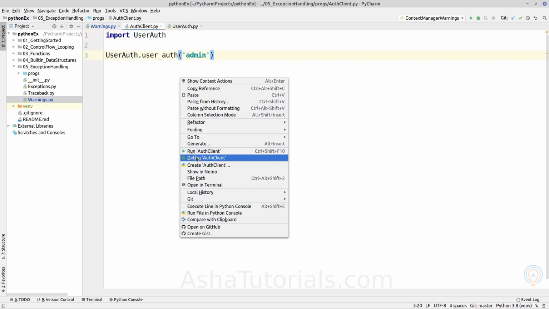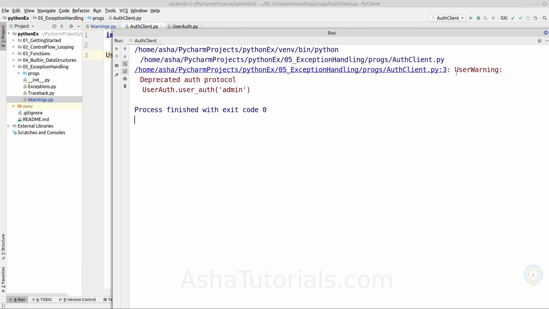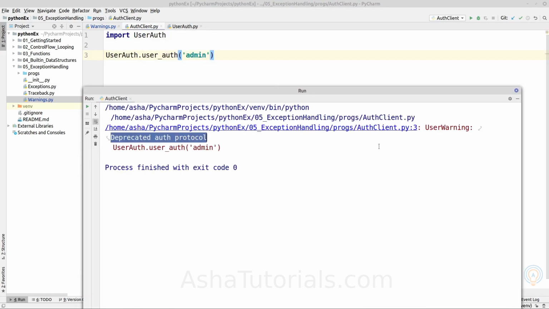So we'll run it, and as you can see here, it is raising a warning of class user warning. This is the message, and because we have set the stack level to 2, it is pointing to the caller of the function, which is in this case the auth client.py module at line number 3.